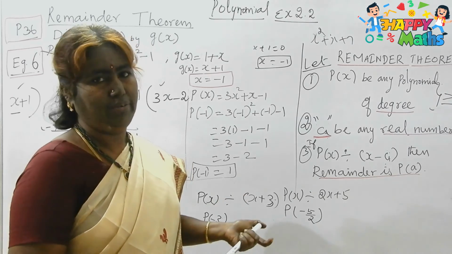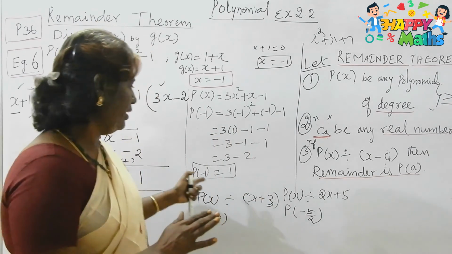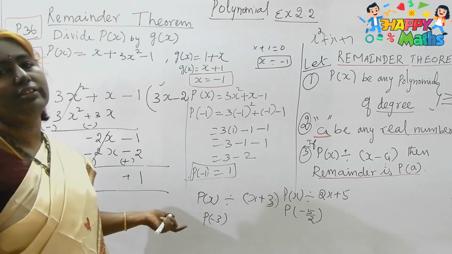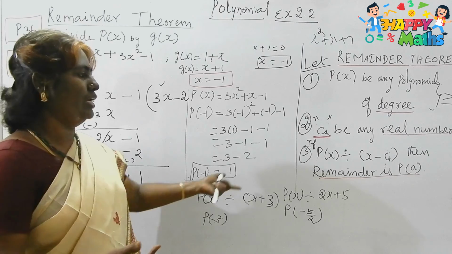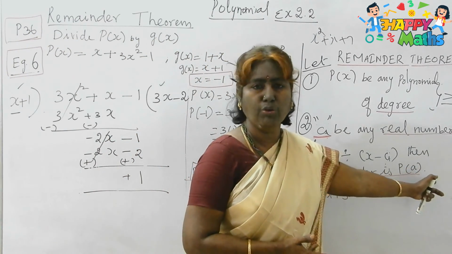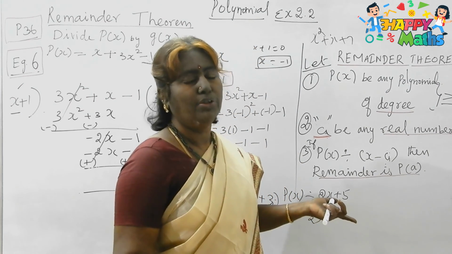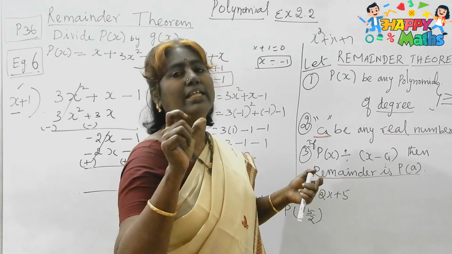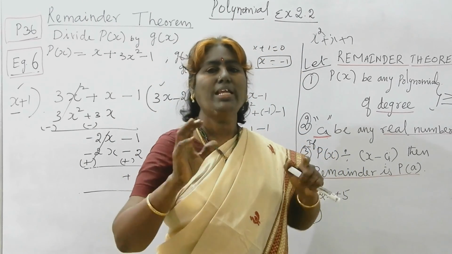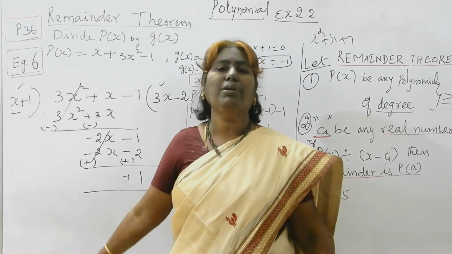Next, I will do the factor theorem. Okay, now the remainder theorem is so good, I think, for you. If the remainder, instead of 1, is 0, then it will be the factor theorem. Finished. Okay, if the remainder is p of a, instead of that, if they say p of a is equal to 0, then this x minus a is a factor. Finished. Is it clear for you? So next I will do the factor theorem. I will select example 8 for you in your 9th standard book. Then that will also be very easy for you. I'll make you learn even the division properly for you, isn't it?